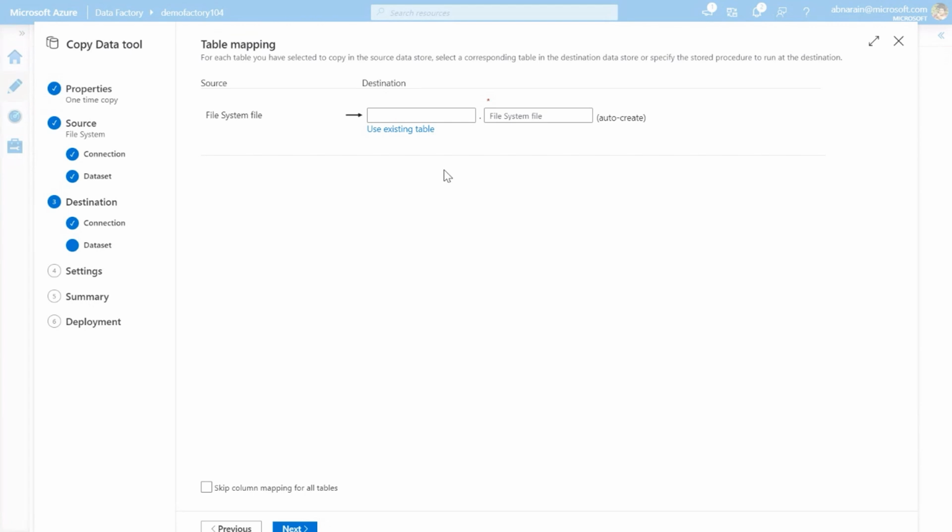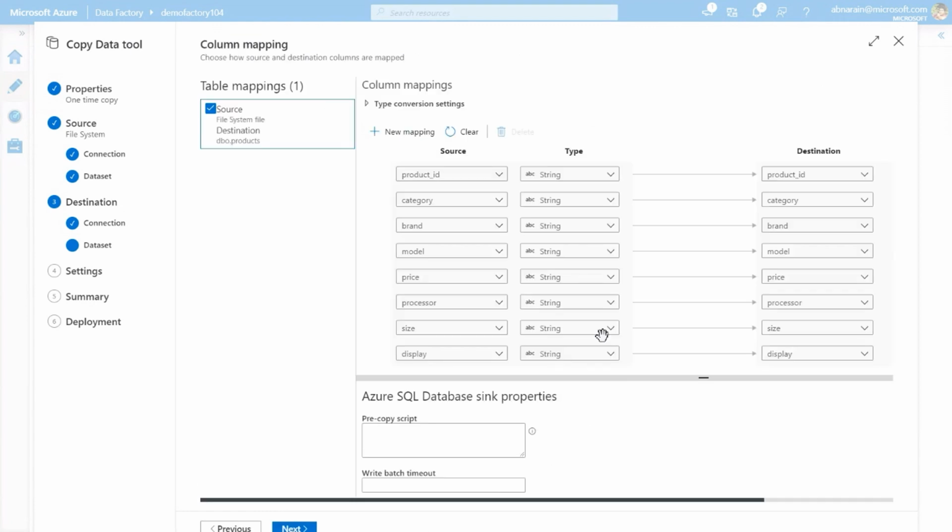It understood that there's no similar table with the same name as the file name, and it gives you an option whether you want to manually specify an existing table or create a new one. So we can quickly specify a new one and call it products and click on next.